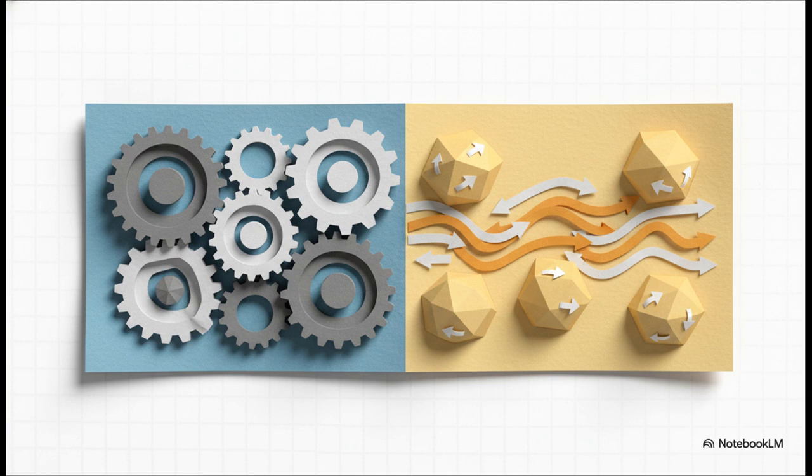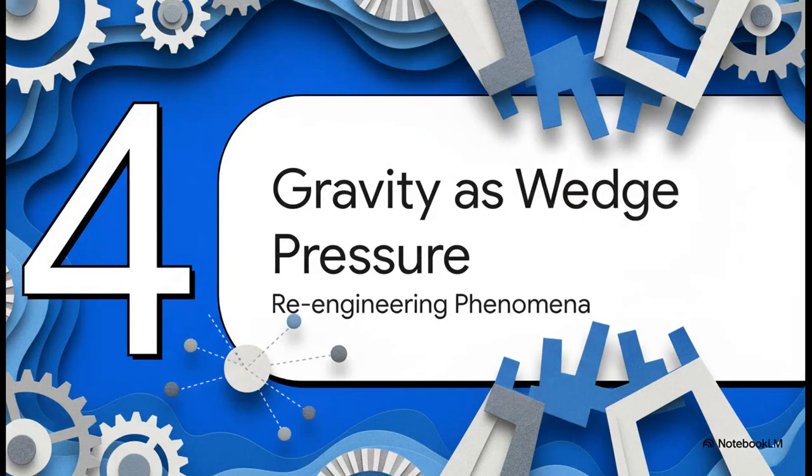You've got mechanical equilibrium, where the shapes of the little polyhedra are adjusting to physical pressure. And at the same exact time, you have electrostatic equilibrium, where the internal dipoles are orienting themselves to align with electric fields. This dual system, in theory, allows the substrate to respond instantly to both kinds of forces.